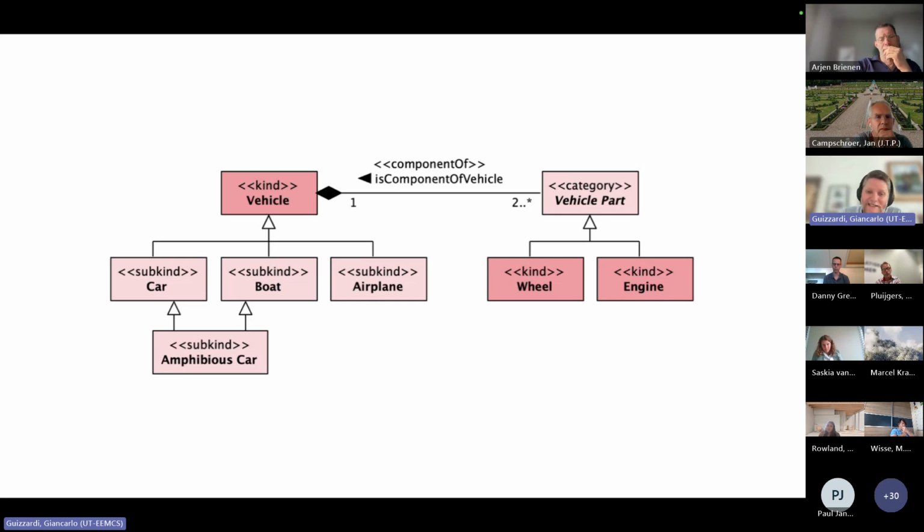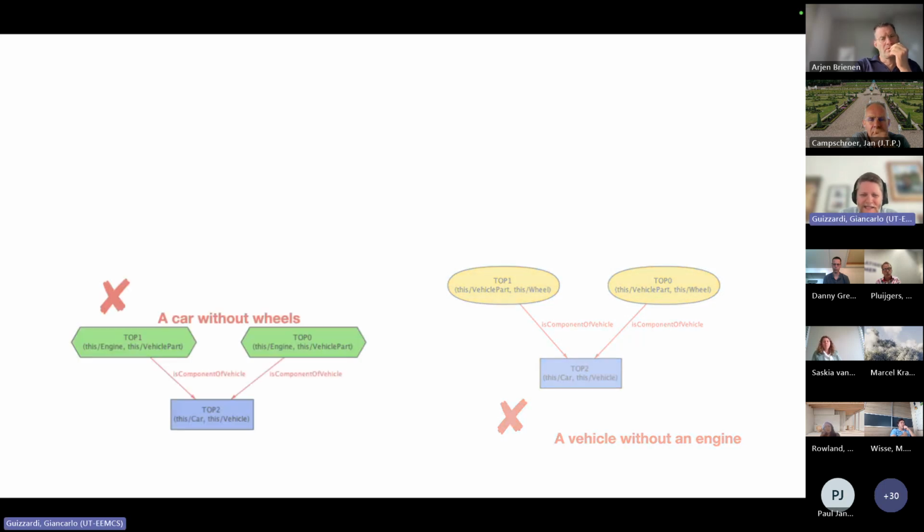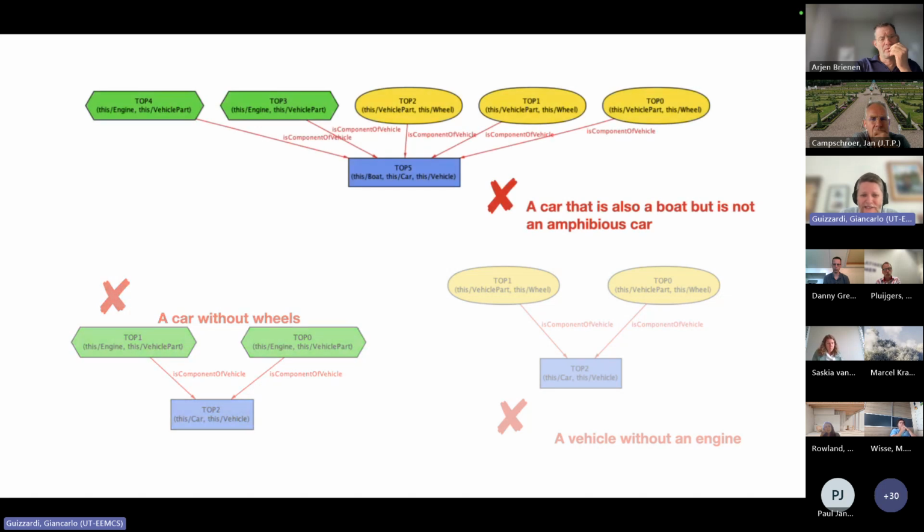But as we simulate the possible interpretations of these models, a bunch of things will pop up. So for example, we have this, a vehicle that has no engine would be a possible instance of that model. Here is a car without any wheels. Here is a car that is both a car and a boat, but not an amphibious car, and so on and so forth, right? So you generate all these instances which are satisfying all the constraints which are there,